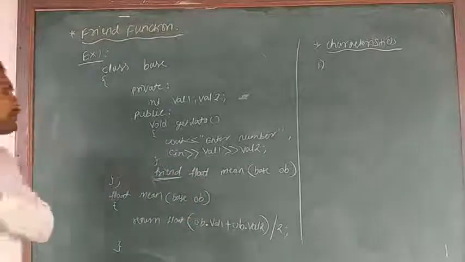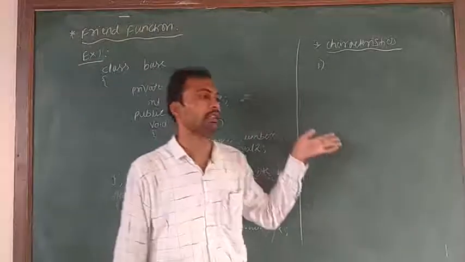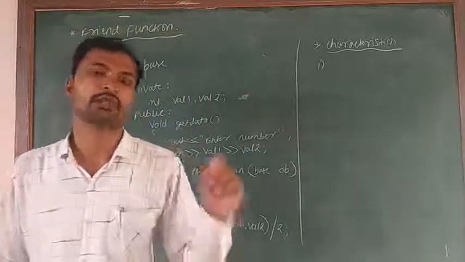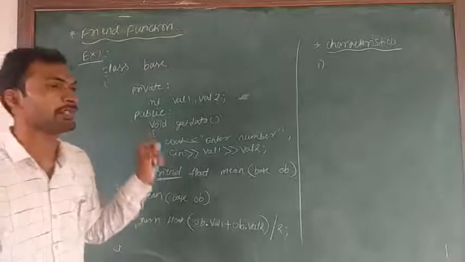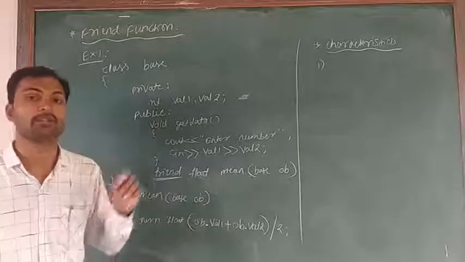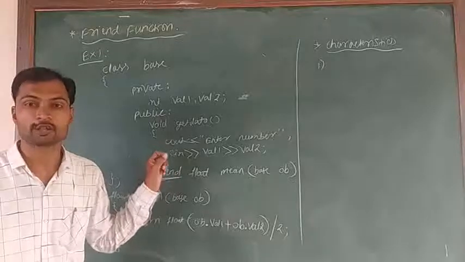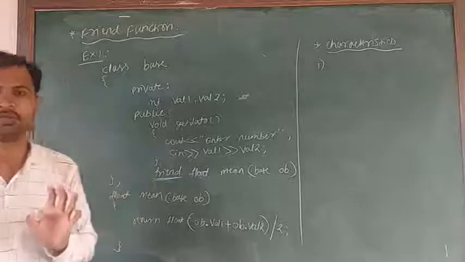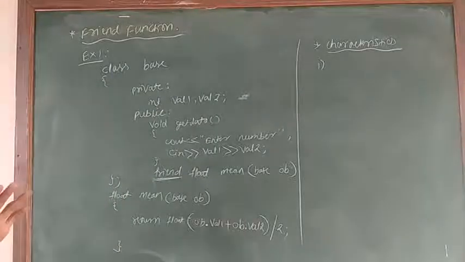The question may ask: write the characteristics of the friend function. So the first characteristic is that a friend function is not a member function. It is a non-member function, but it has full rights to access private, protected and public data members. This is the first characteristic. Then the second is that